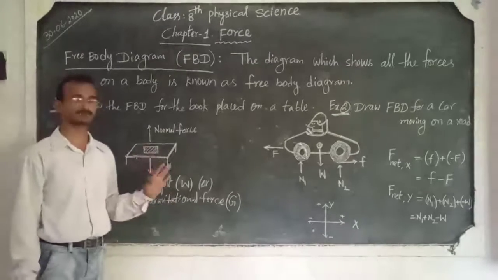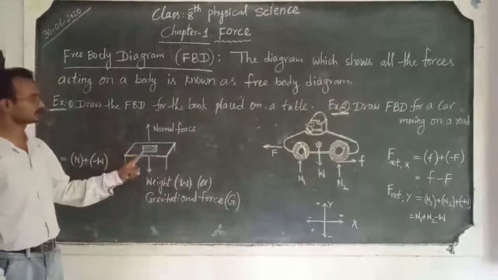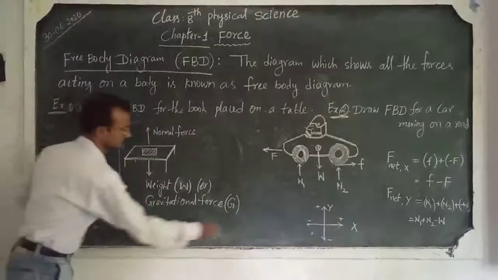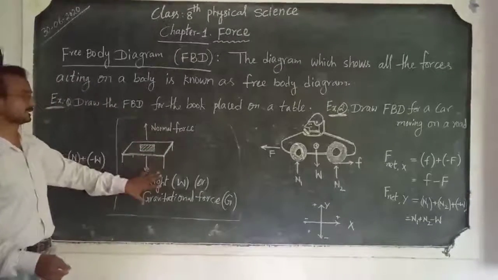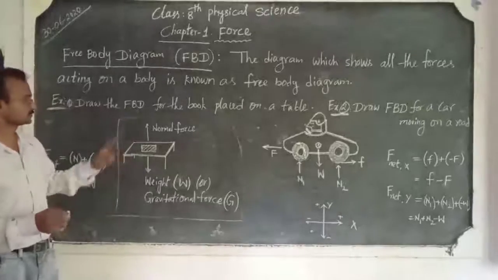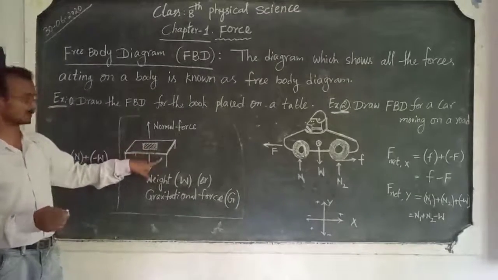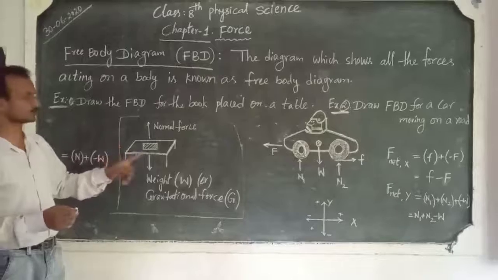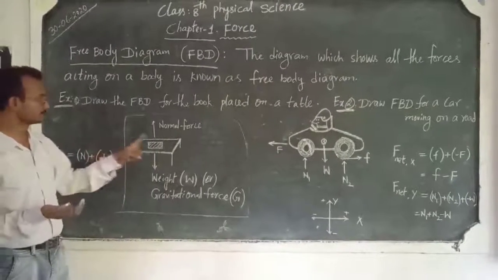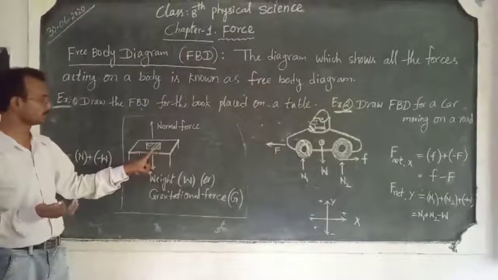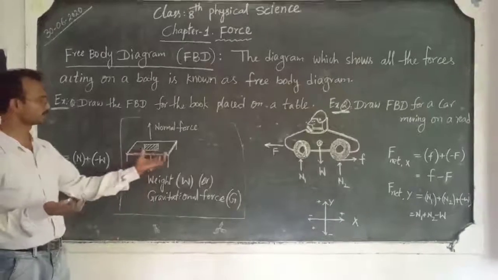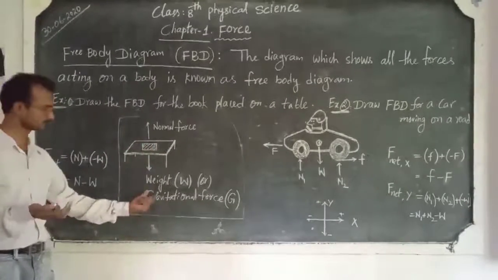What I am saying here is, if you are able to draw a diagram which indicates all the forces acting on the particular thing asked in the question, that is enough. In this question, a book was placed on the table. What forces act on the book? We need to draw that. If the book was placed on the table, the weight of the book will act in the downward direction. Why? Because if you remove the table, the book falls down because of the gravitational force.